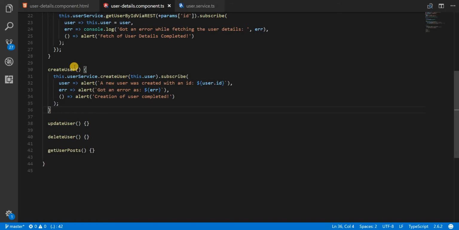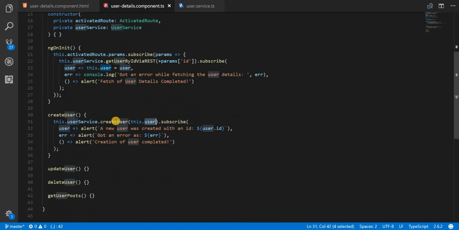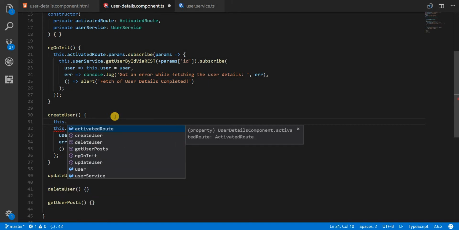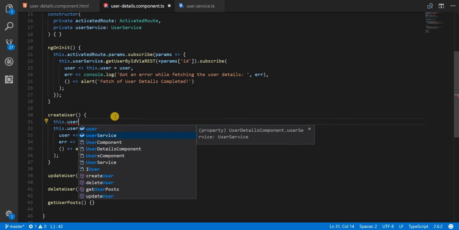Because we simply used this user that was retrieved from the get users call. Okay, and a user of that particular ID already exists, and ideally this ID is something that should be generated by the API itself and not by us. So what I'm going to do is set the user ID to null